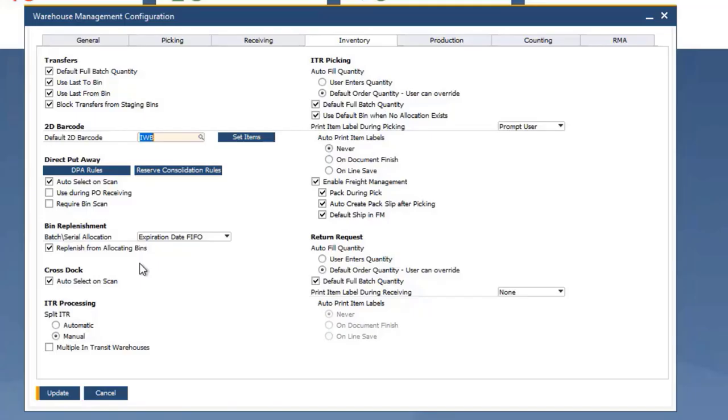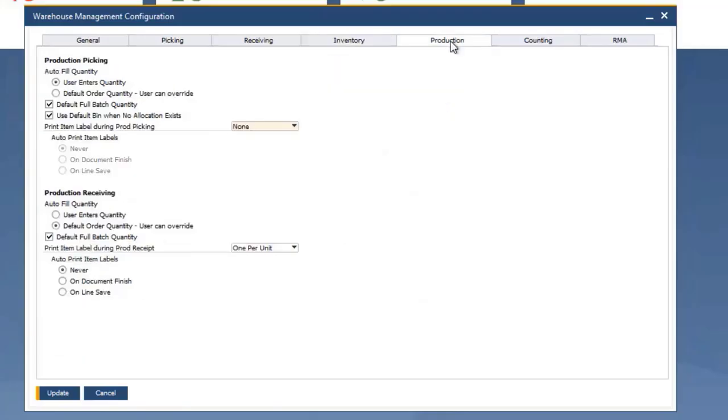Instead of putting the items all the way back in their picking location just to go pick them an hour later, it gives you a list of all the items that you can move to a cross-dock location so that the warehouse workers know to go pick from there instead of going to find it in the main part of the warehouse. All right, the production tab just has production picking and receiving, and you've got, again, the autofill quantities